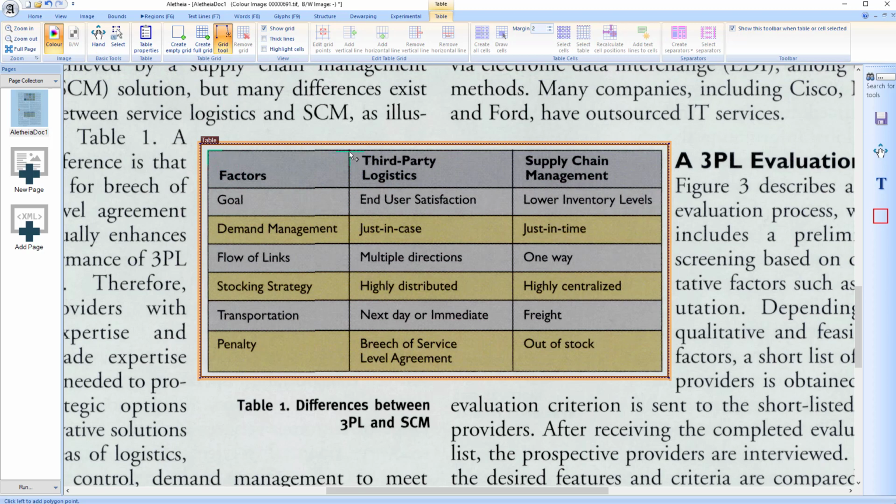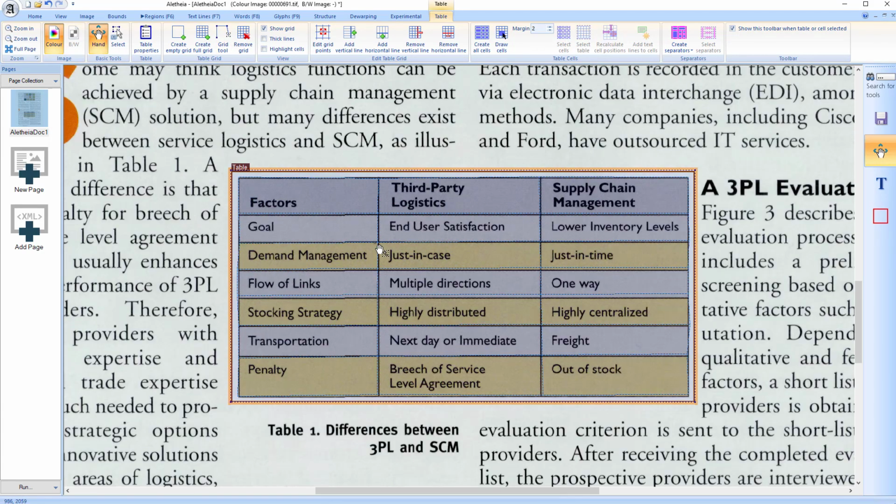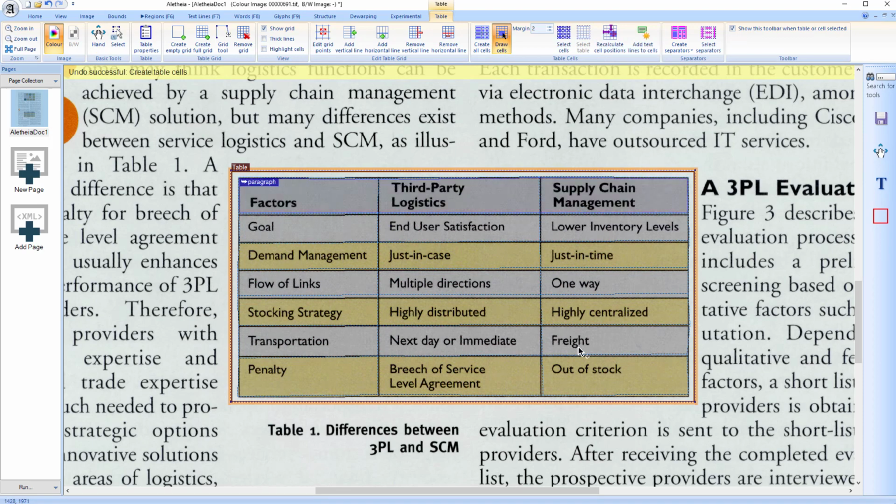So you do specify the outer points. I'm not too precise now. Okay, now created a grid. You can see the dotted lines here, and then again you can create cells, or you can also draw cells. Say in some case, okay, not in this example, if you have just one big merged cell, you can do